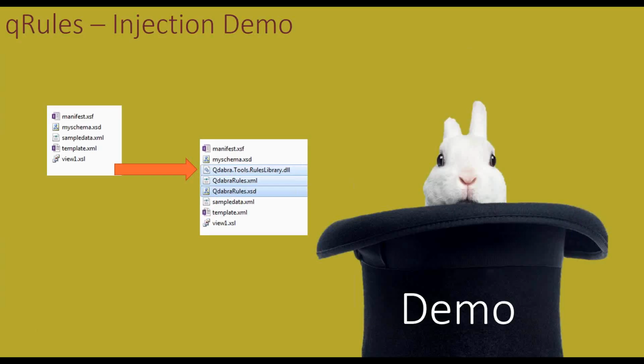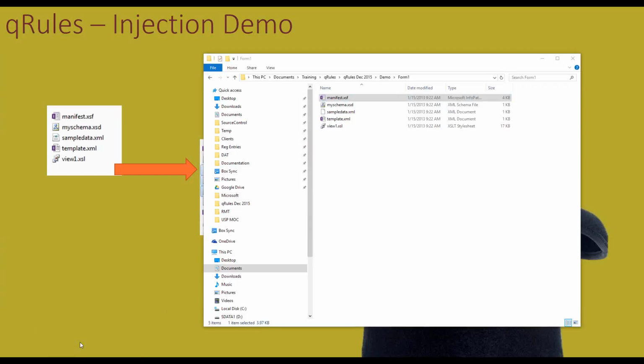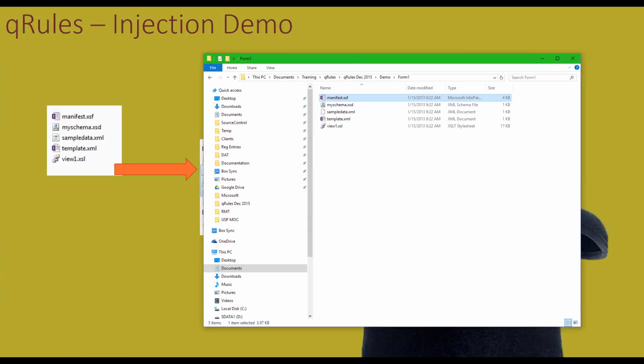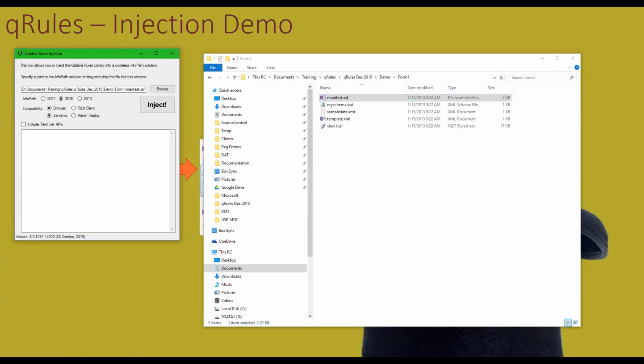There's a command called, whoops, let me pop back to where I was. There's a command called submit as user. Submit as user submits to SharePoint as a specific user. It requires admin deploy. There's query data, which requires admin deploy if you're using a specific parameter called SSAppID. That parameter uses a secure store app ID to run the query. Submit to SharePoint list has an SSAppID parameter. So again, if you're using that, you may want to use admin deploy. But otherwise, you aren't going to need admin deploy in general.